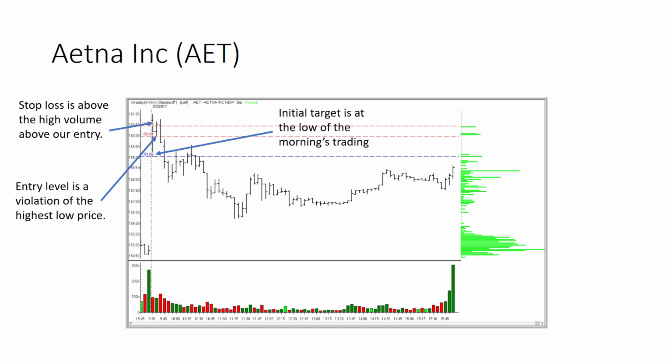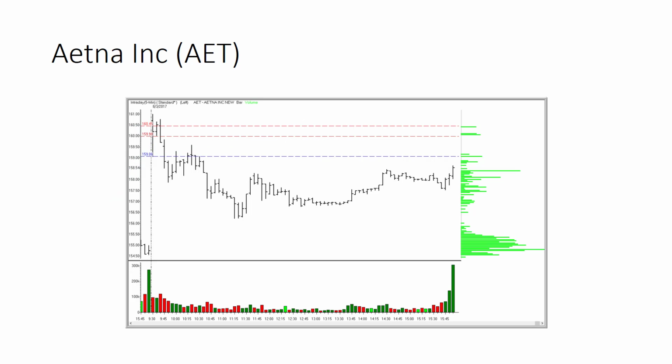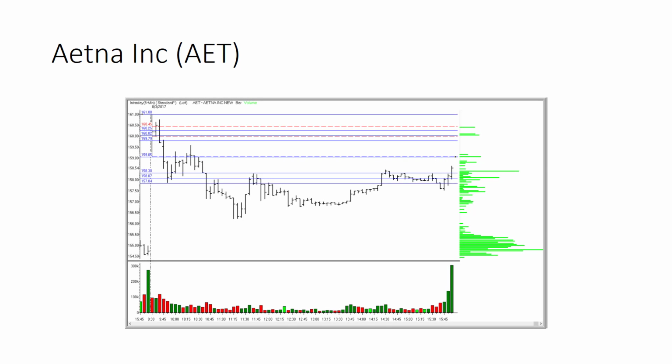And if it hits there, I just assume that AET is going to take off in the wrong direction, and I don't want to be part of that move. We see that bar 3 did hit our 159.98 entry price, and 159.06 was an easy to achieve target, plowed right down through it. And we see again that a fib study drawn peak to trough on that first bar of trading gave us a very good representation of where price was going to go.